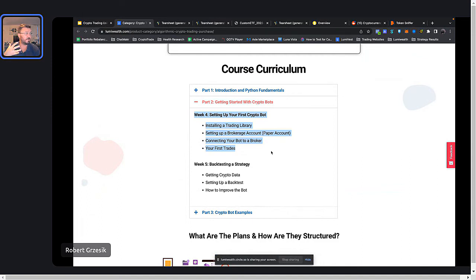So by week 4, you're really polishing this stuff, and we're going to start going through some examples of different crypto bots, right? So you'll see different ways to do this stuff. We'll show you how to connect to different brokerages. How do you connect to KuCoin? How do you connect to Binance? How do you connect to Coinbase? How do you connect to Alpaca? We'll show you how to do all that stuff, and we'll have your bot actually placing trades. By the end of week 4, you'll have a working bot, right? So you'll be able to take this stuff and you'll actually be able to start working and trading by week 4, right?